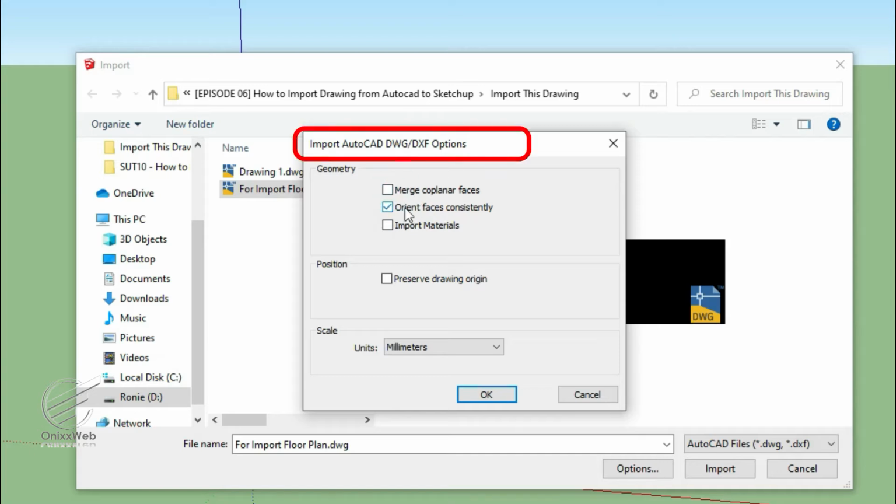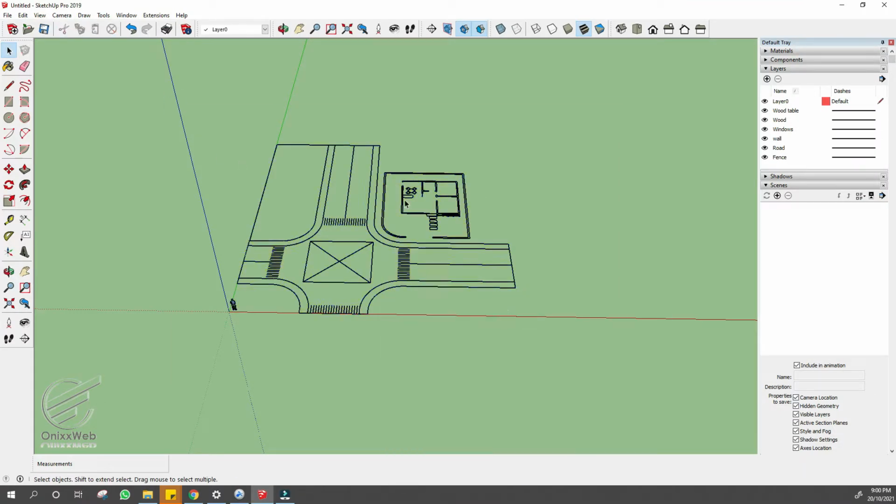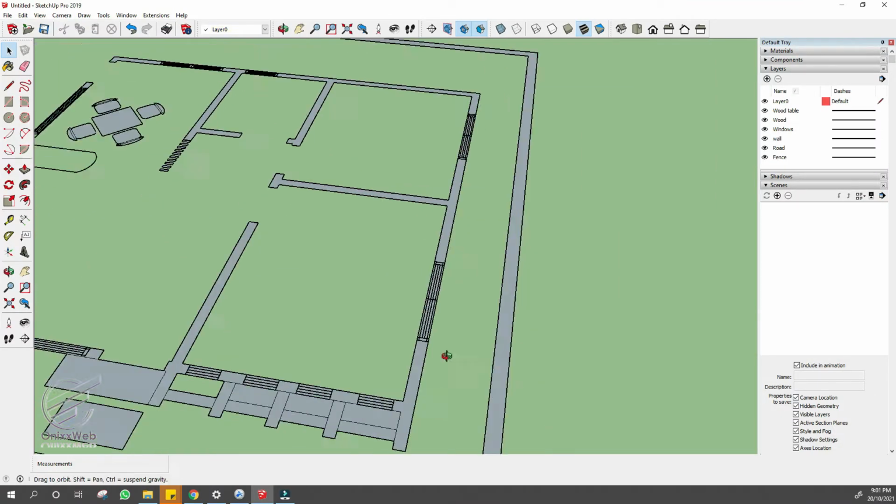If you ever want to learn how to import any CAD drawings into SketchUp, well, this is the right video